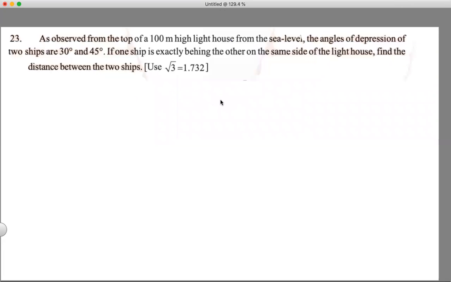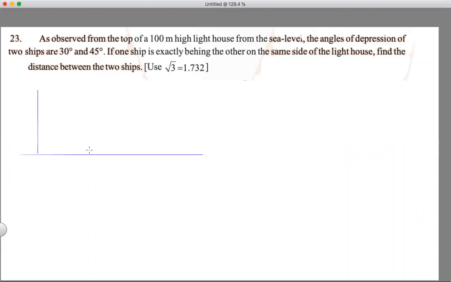And as observed from the top of a 100-meter high lighthouse, from the sea level, the angles of depression of two ships are 30 degrees and 45 degrees. If one ship is exactly behind the other on the same side of the lighthouse, find the distance between the two ships. ठीक है, तो इस तरह के questions में the first thing we should do is always sketch the